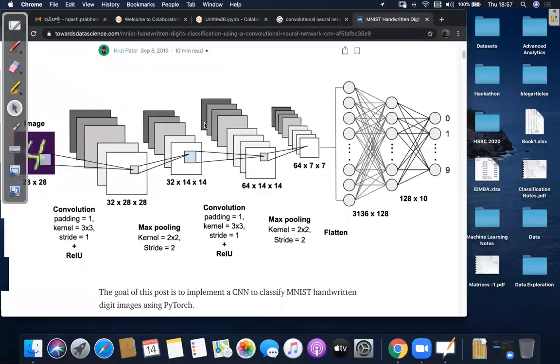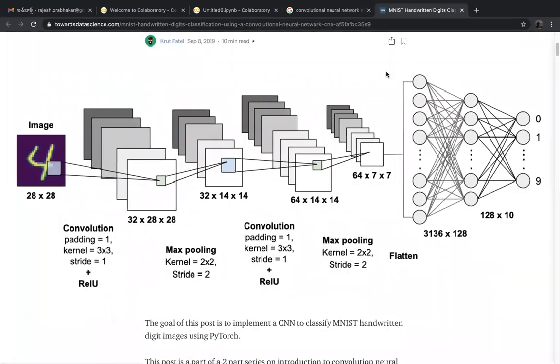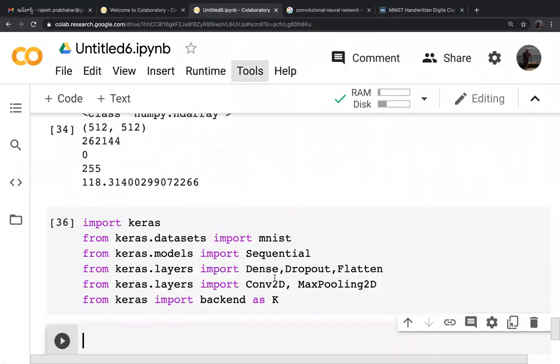Now let's go back to what we were doing. We are trying to build a convolutional neural network on our data. For building our neural network, we need these functions to be imported from Keras.